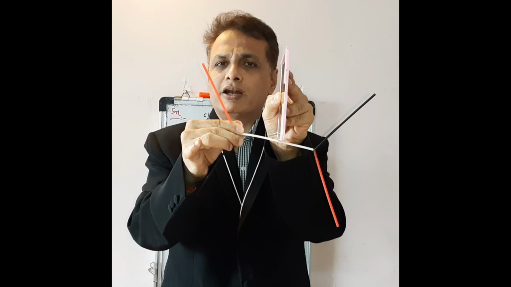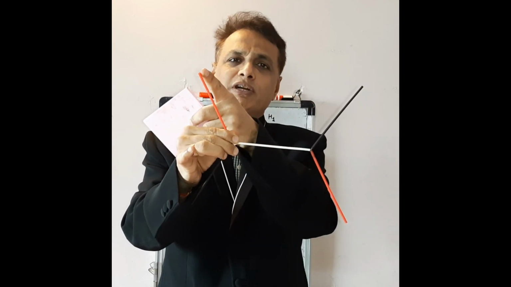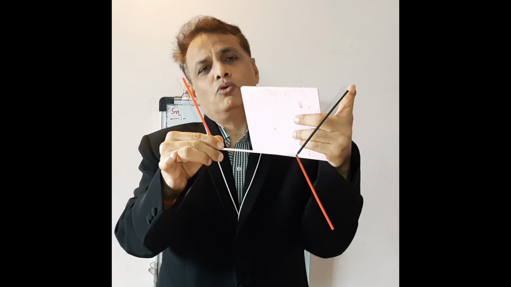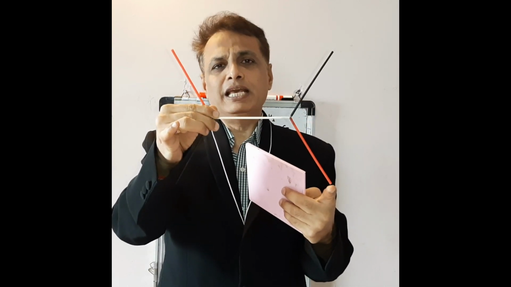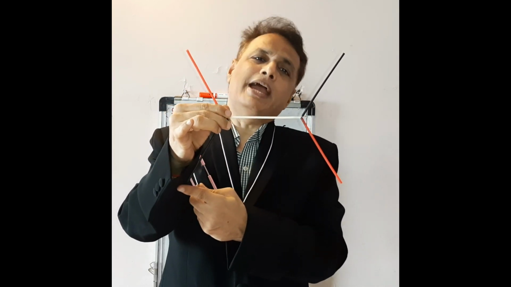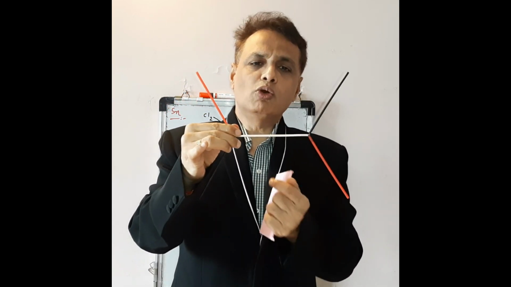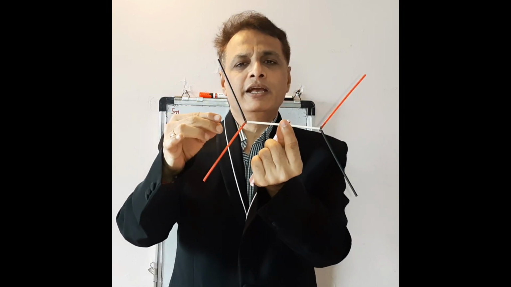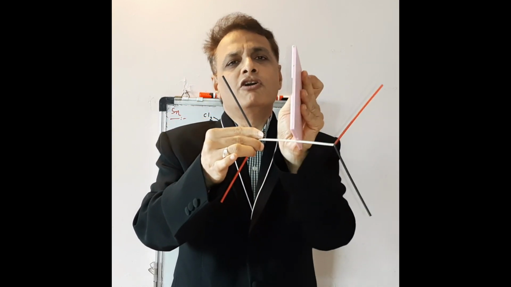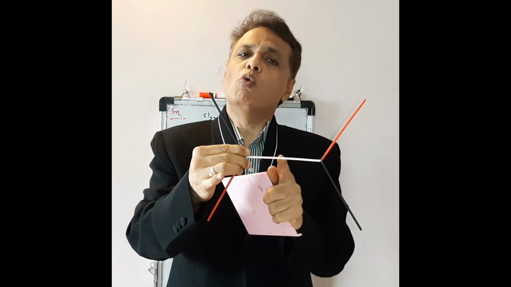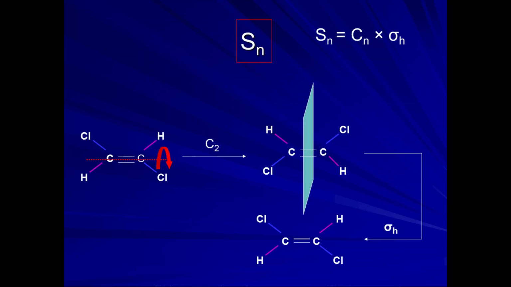So here H1 is reflected to Cl2 and Cl2 is reflected to H1, which brings the molecule into an equivalent configuration. Another rotation by 180 degrees followed by reflection brings the molecule into the original configuration. So a total of 2 rotations followed by reflection are required to get the original configuration. So we can say that this contains an S2 axis of symmetry.